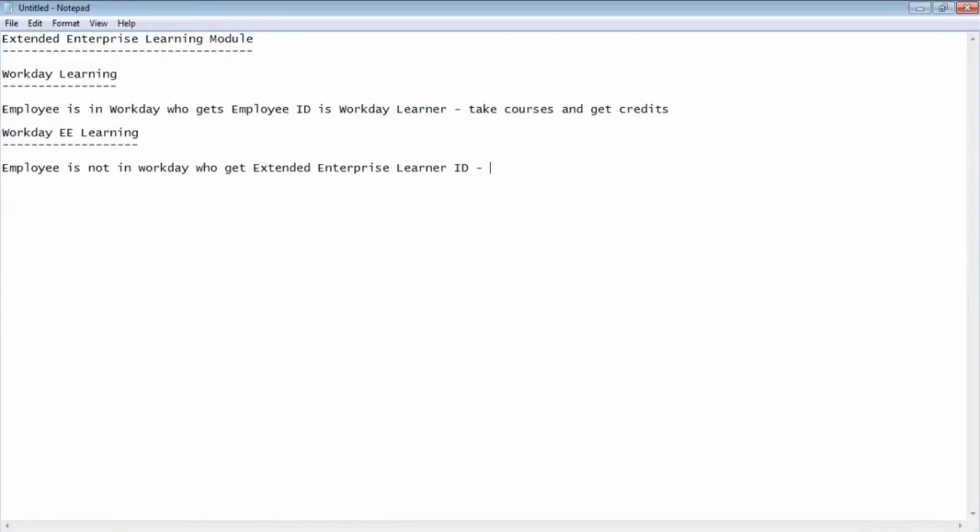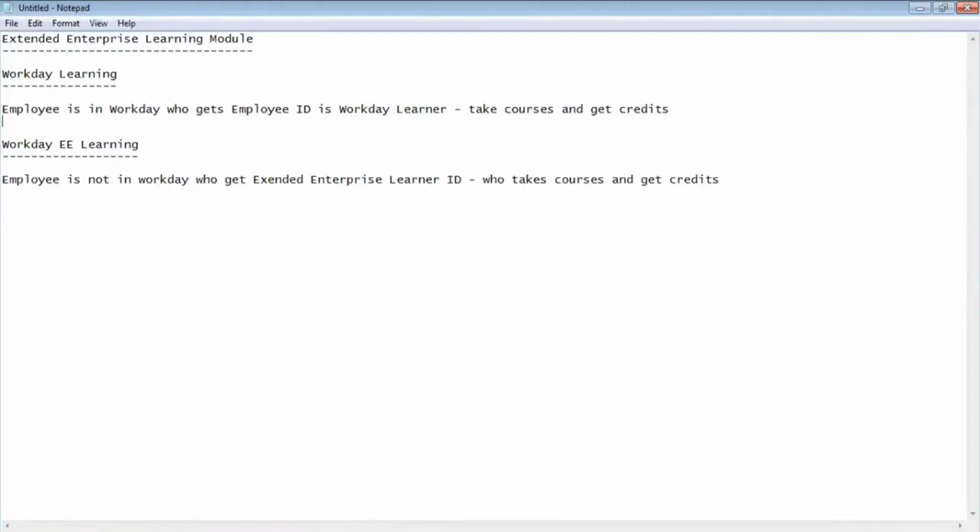Who gets credits? Understood? You understood this one, yes? I will be explaining something, but you understood this line. They are not in the Workday system, but through the extended enterprise learning module, they will be able to take the courses.